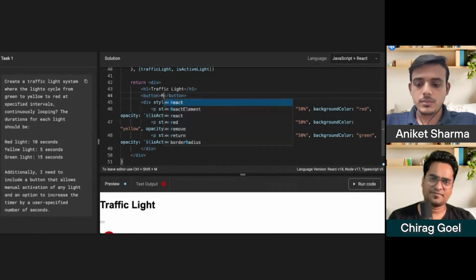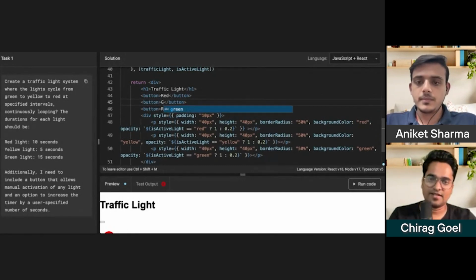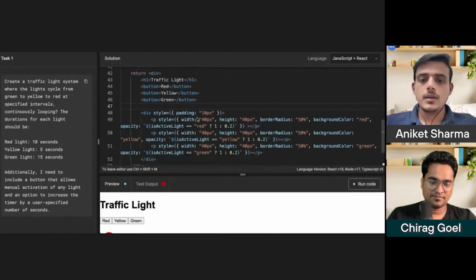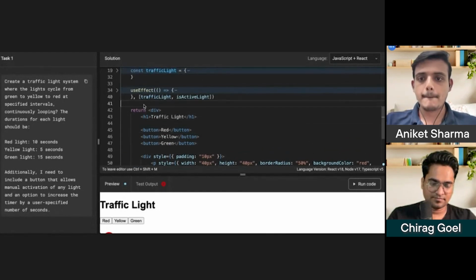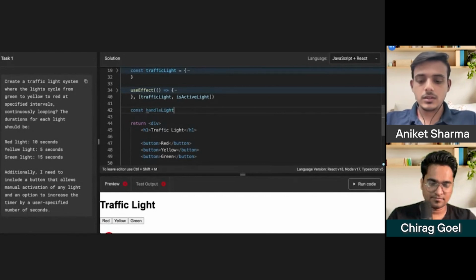Button. So red, yeah, you can simply mention by the name and do it. Green. Okay, and const handleLightChange.